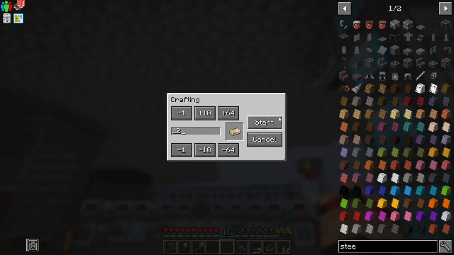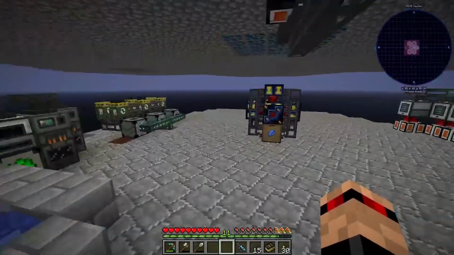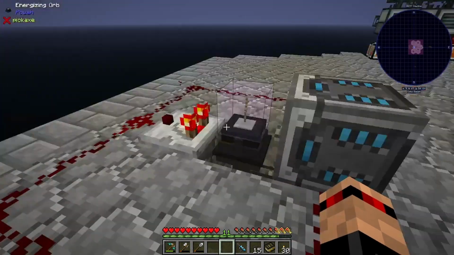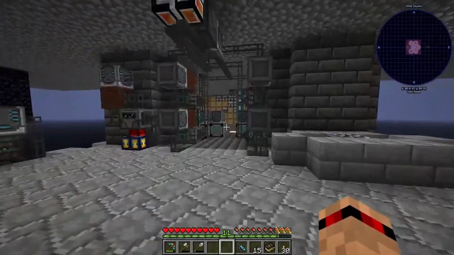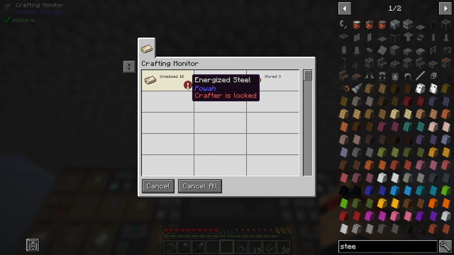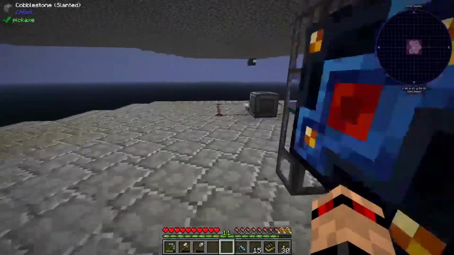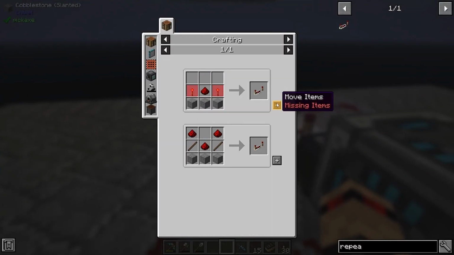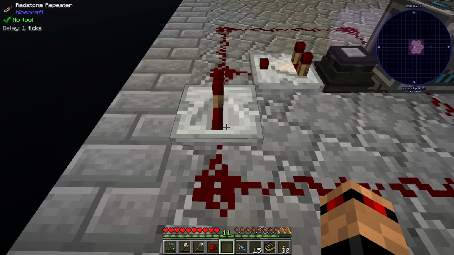I'm just going to do 12. Which is going to make this steel dust, which is fine. Or it's going to smelt up some steel dust. So it's made 2 right there. What are you failing with? Stored this crafter is locked. Why are you locked? I probably need... What's the thing called? Repeater? I don't think the signal's working. So if I do this...